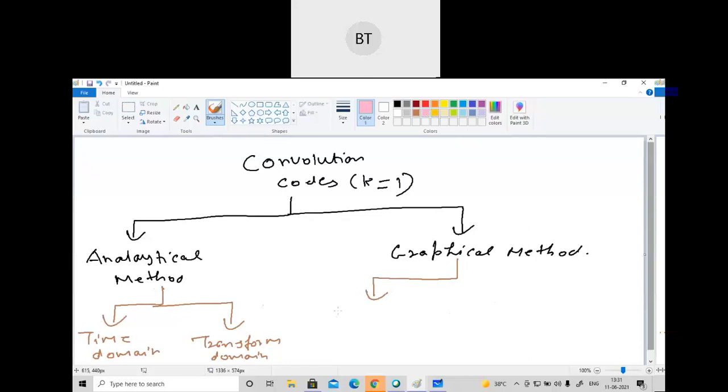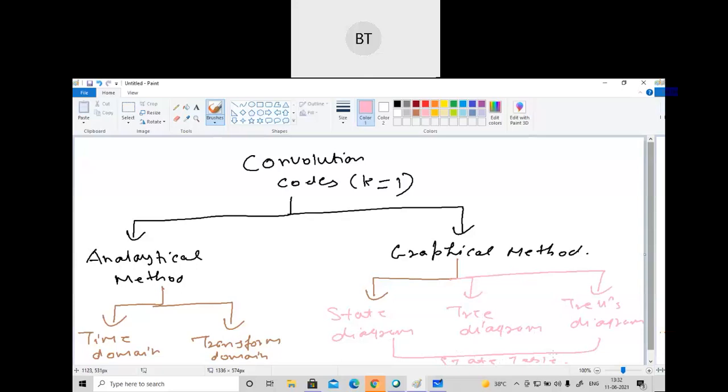We will study slowly, just as we studied linear block codes and cyclic codes. You will understand everything, I guarantee that. First we are going to see the state diagram, then the tree diagram, and the third one is the trellis diagram. All these three things are based on the state table only. I think you have heard the name state table. It is very important in the convolution code.